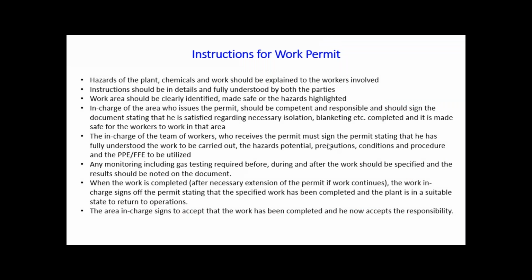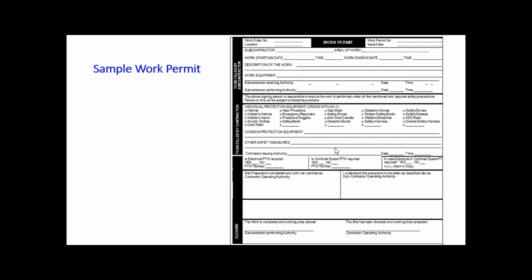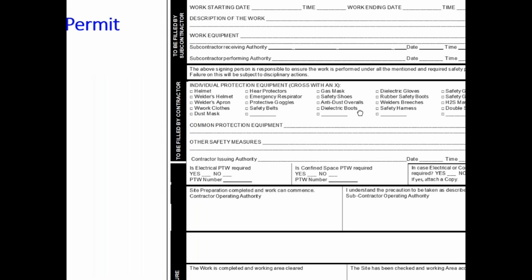So before accepting these things, again the responsible person who is the issuer of these work permit systems has to check all the necessary conditions. So this is the general sample of the work permit systems. The contents of these work permit systems are